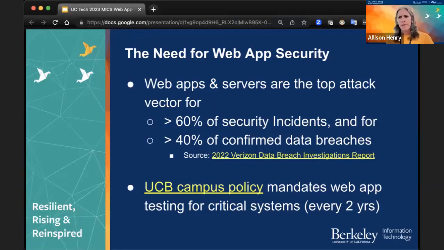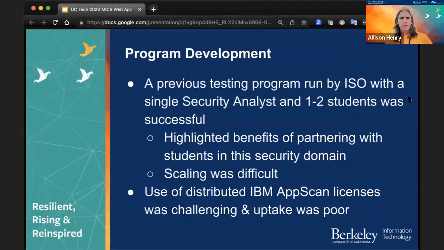It's very resource intensive. So it's one of these things that we know that we should do. We know there's a good reason why we should do it, but it's really hard to get the resources for it. Part of that is that it's a very specialized skill, and it's hard for even a mid-sized security team to maintain a whole group focused on that. So we really have a need to fill in a gap in this area with a service.